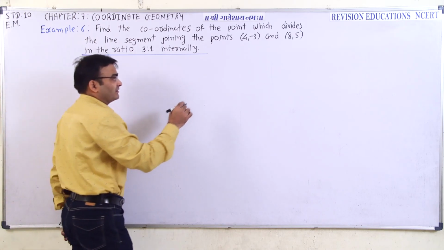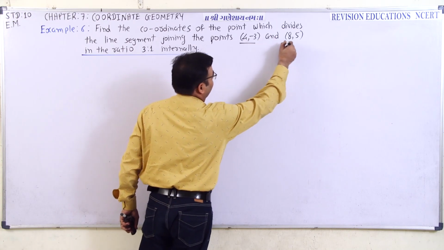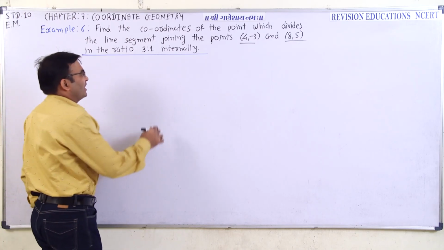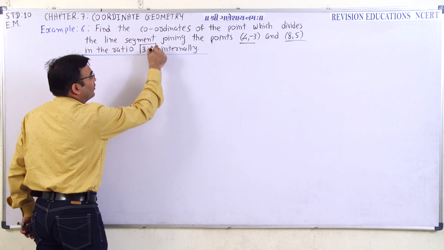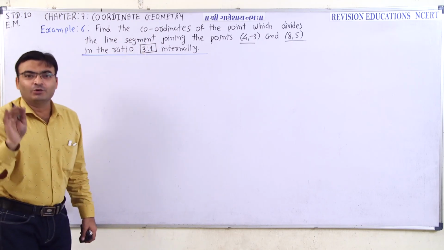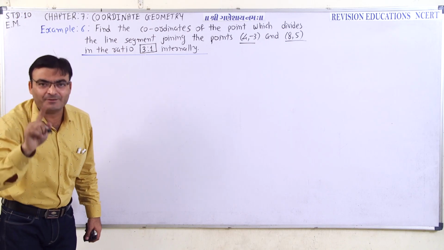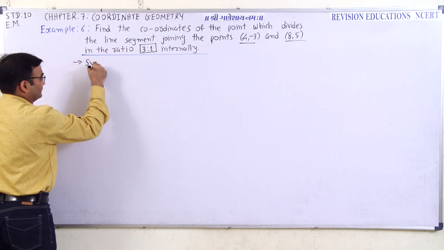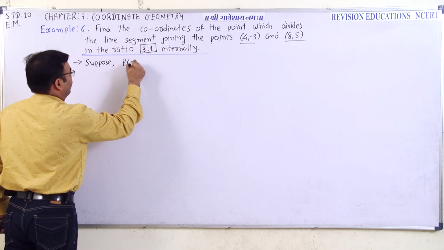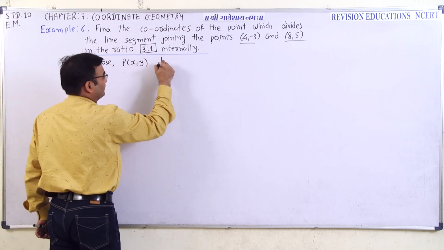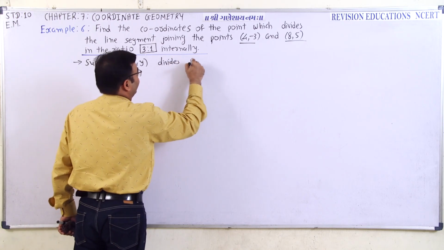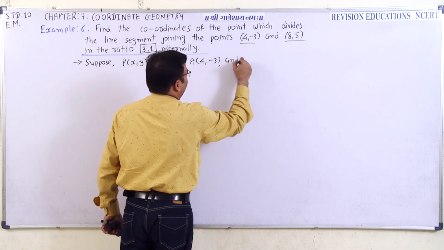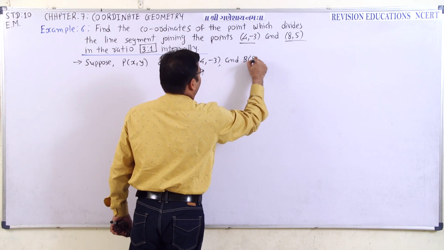Friends, whenever I explain in the basic geometry video, whenever the ratio is given, you have to use the formula m1:m2. Here friends, suppose P(x, y) divides A(4, -3) and B(8, 5)